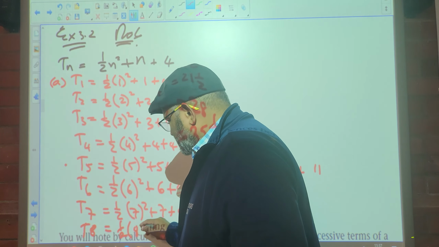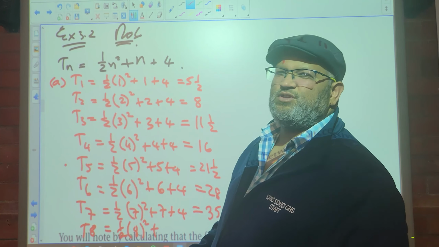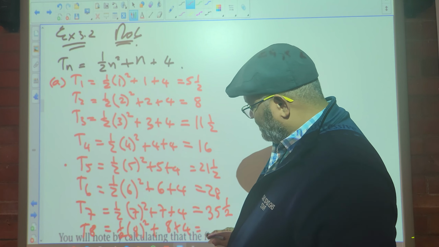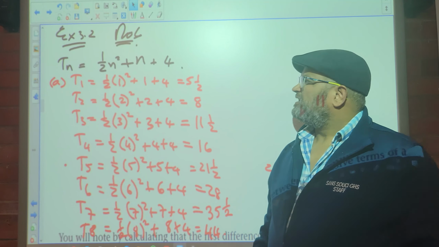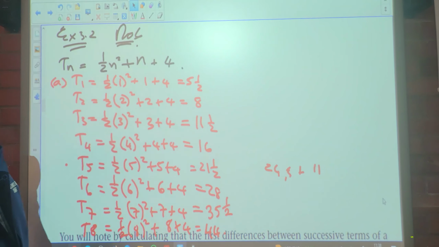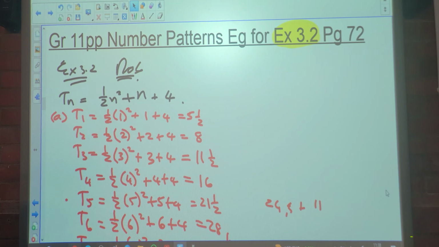It will be half times 8 squared, which is 64 divided by 2. Alright, so there's your first 8 terms of the sequence. Easy, no? So now the next part of the question says,